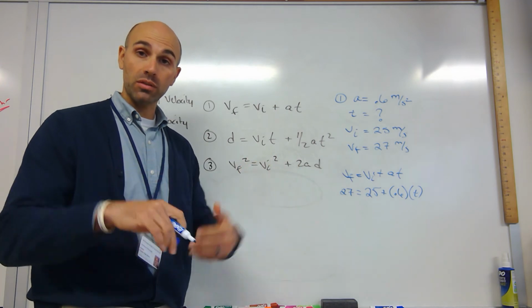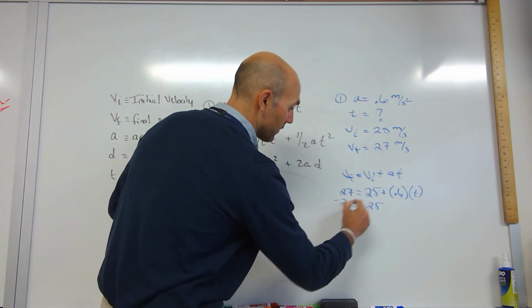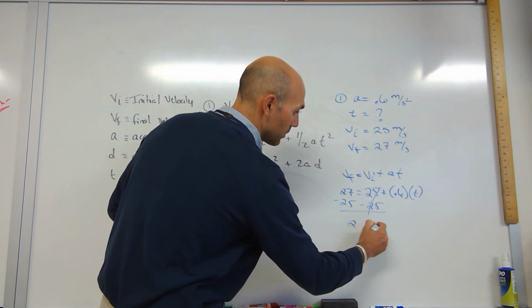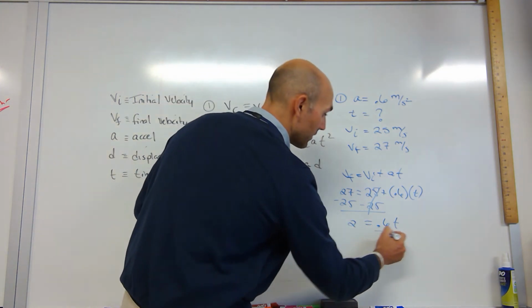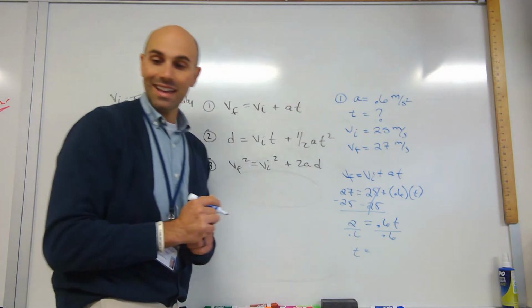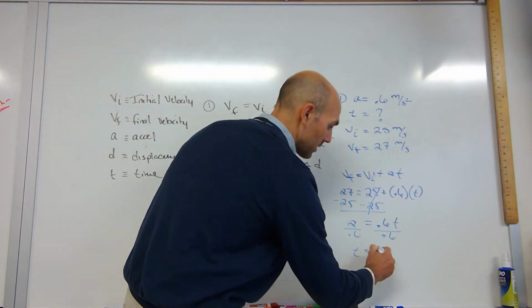We have to do that in reverse, so we have to subtract that. Subtract 25. That gives us 2 equals 0.6t. Now we simply divide, and we get t as equaling 3.33